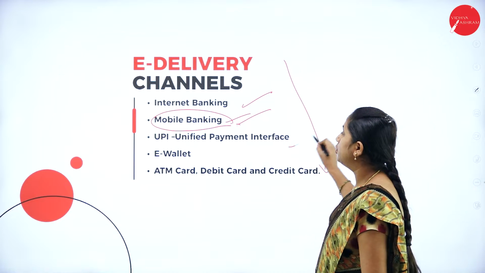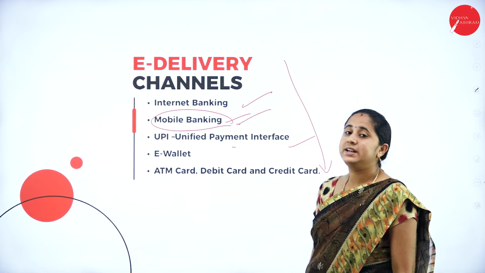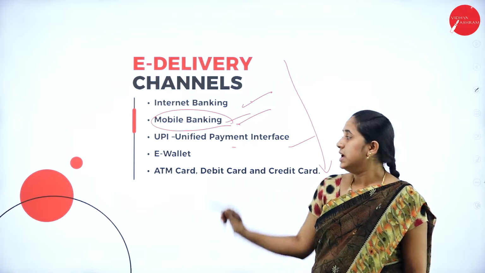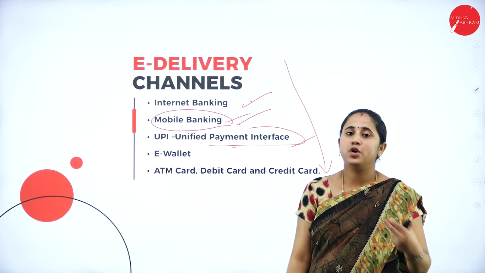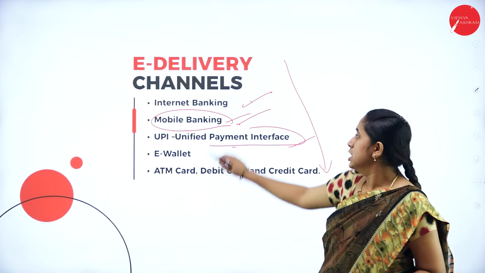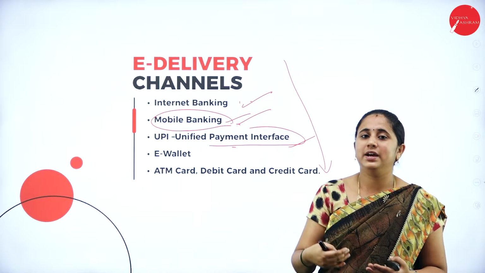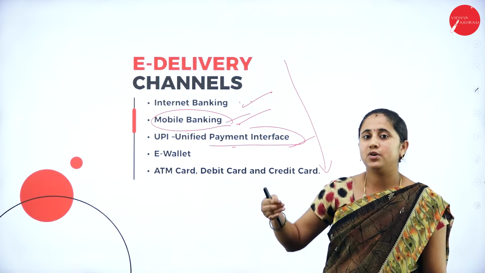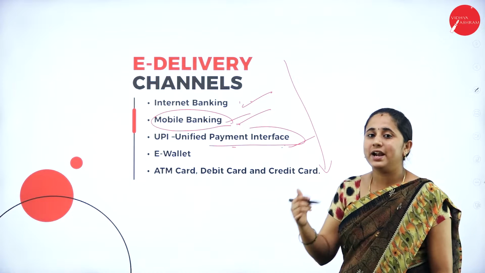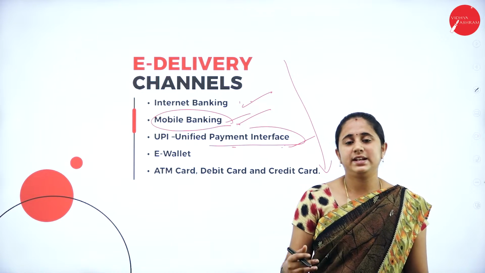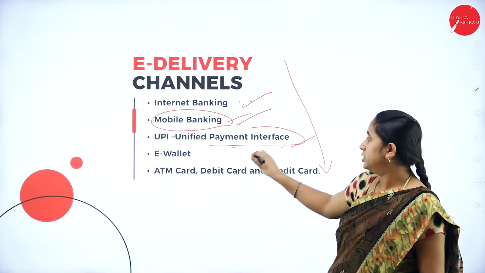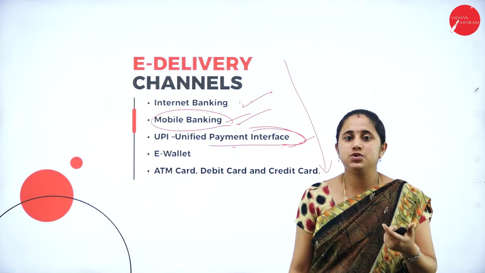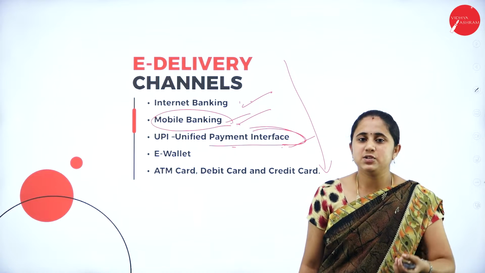So next one is UPI, Unified Payment Interface. Due to the complexity in using internet banking and mobile banking, UPI helps the customer transfer funds easily and quickly. Under these two methods, you need to log in and remember your user ID, password, account number and all the details. But here it reduces the complexity and simplifies the transaction, so that using this Unified Payment Interface, the sender can recognize your UPI ID and transfer easily.